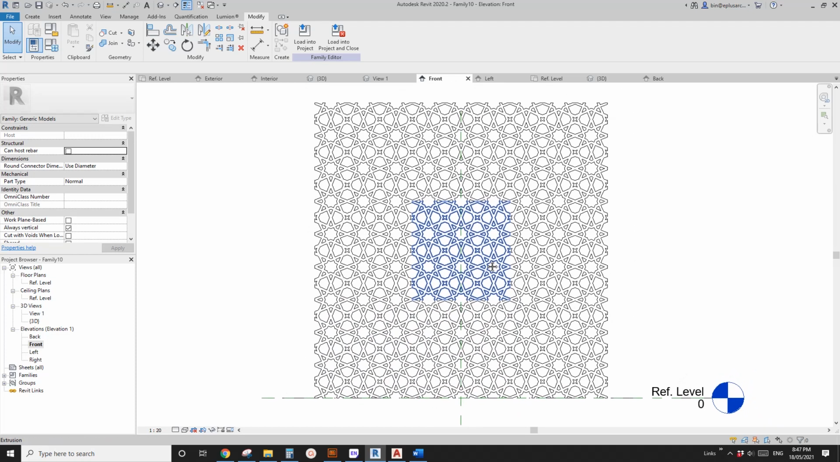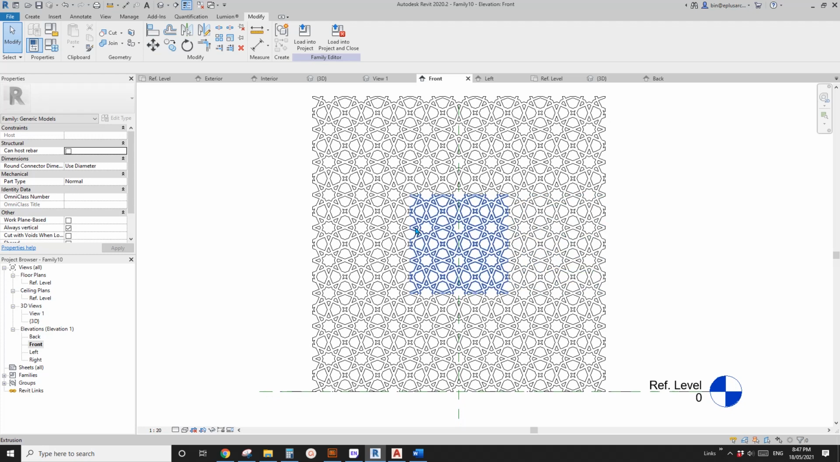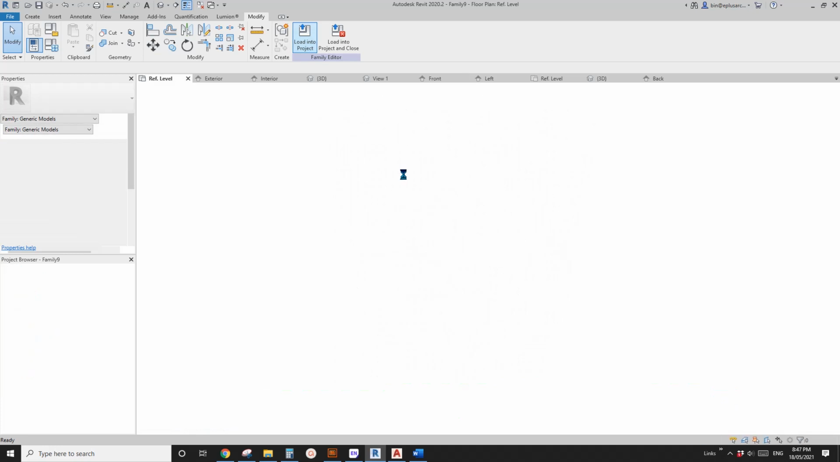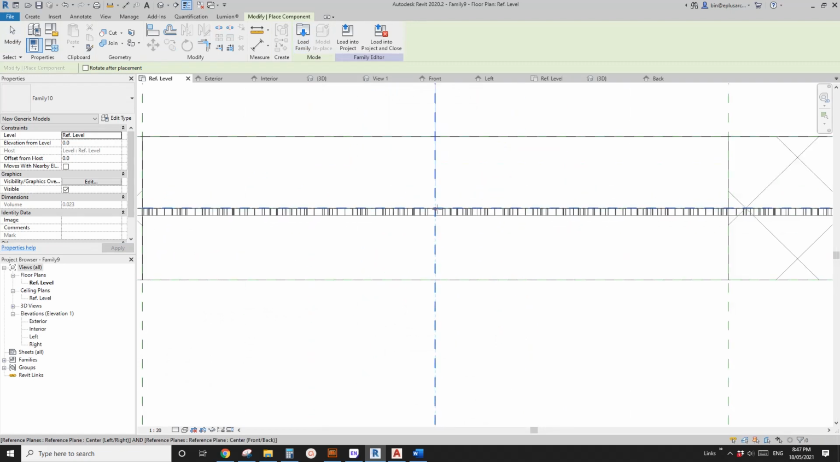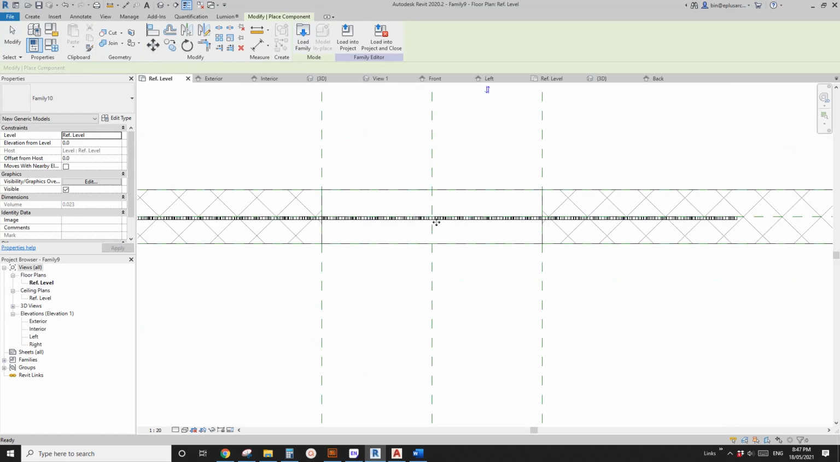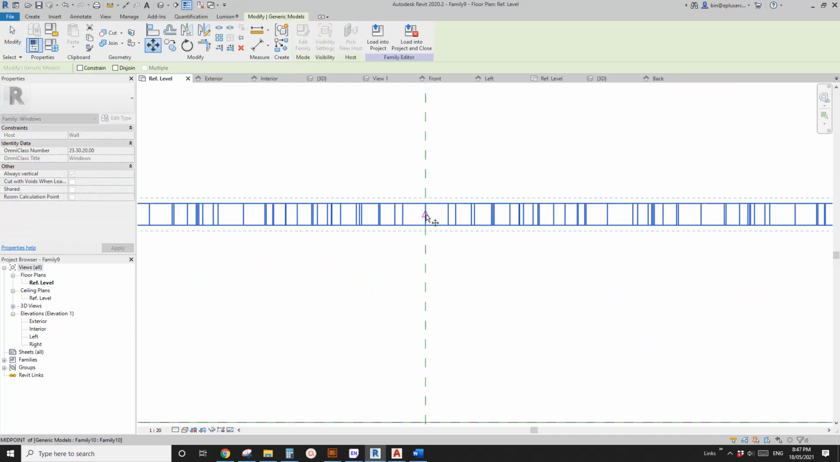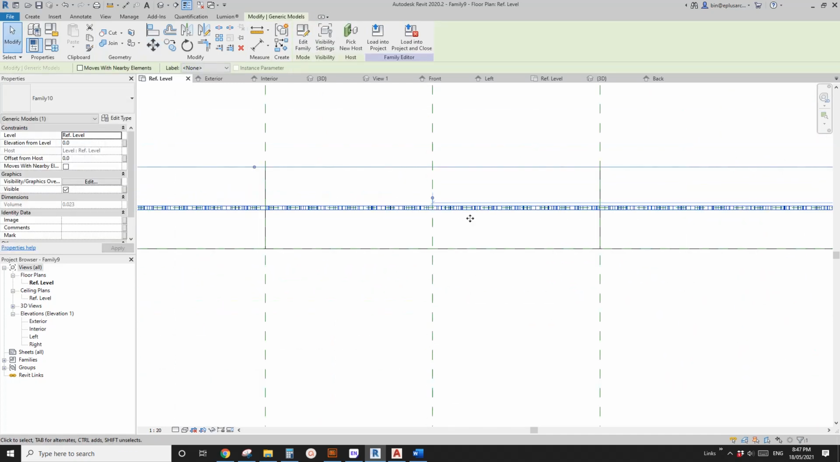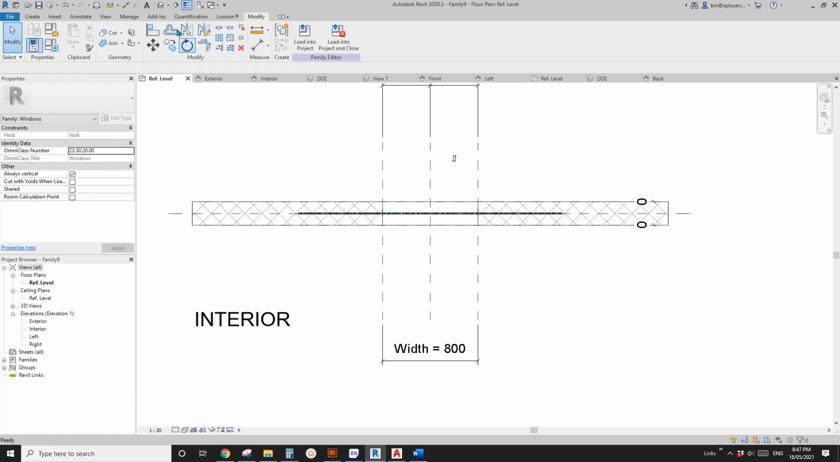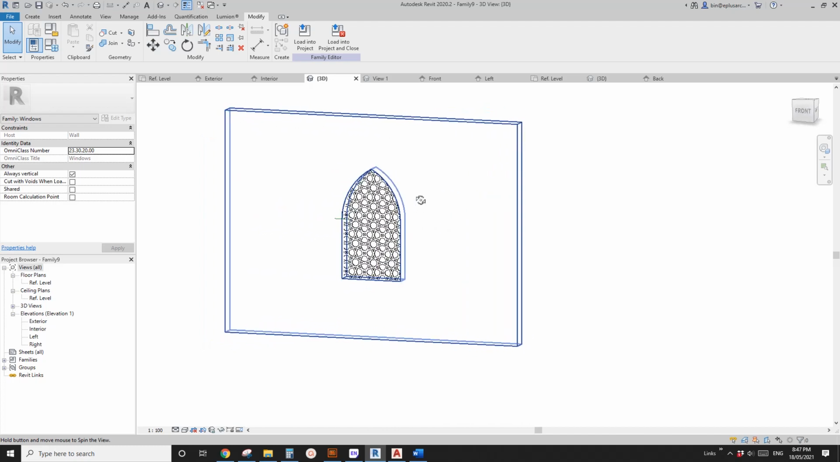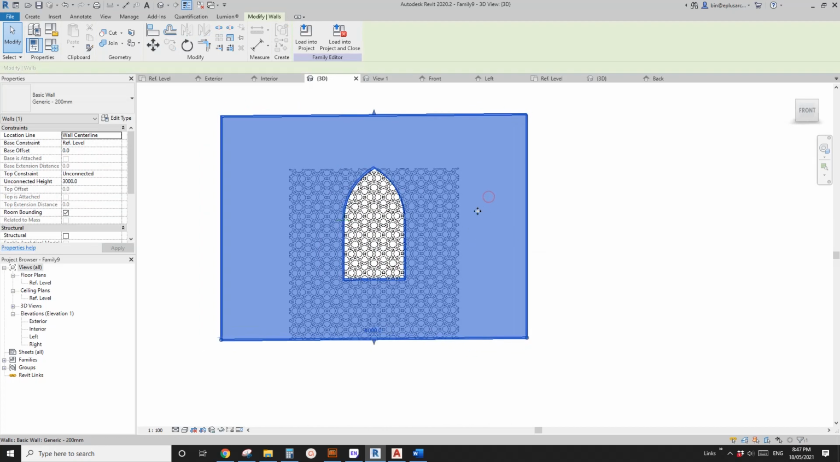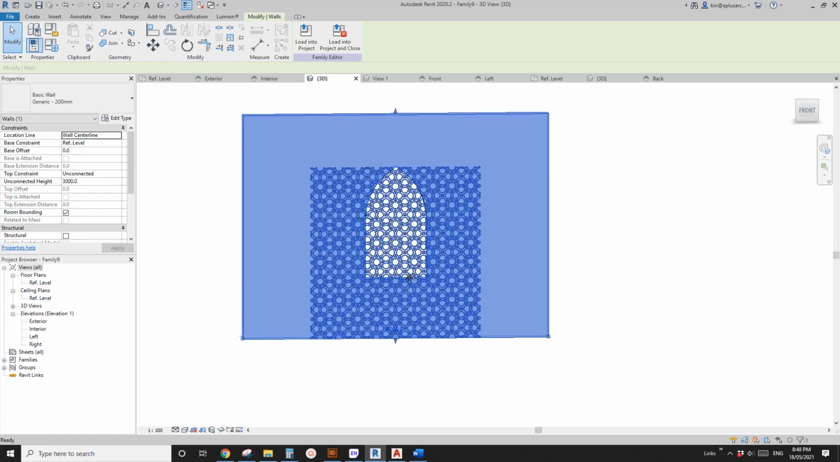So the next step is we're going to load this one into the window family. So I'm going to load into here. So I'm going to place it roughly in the middle of this. So you can still adjust it. So for example, I'll move it up by 5 mil so it's centered to the wall. So let's have a look. So it looks okay like this, but if you select the wall, you will see this solid part is actually